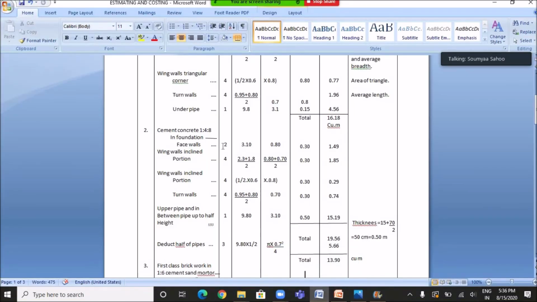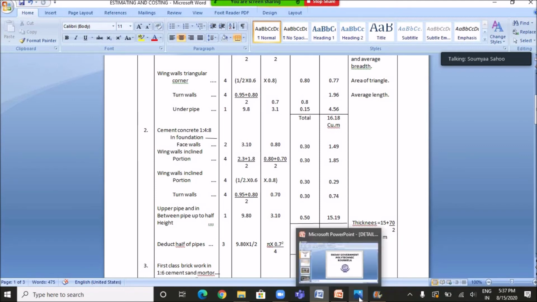So that is why here in the table the number of face wall is entered as 2, length is entered as 3.1 meter, the breadth is 0.8 meter, and the depth is 0.3 meter, and the quantity is calculated as 2 into 3.1 into 0.8 into 0.3, which is equal to 1.49 cubic meter. Similarly, for wing wall,